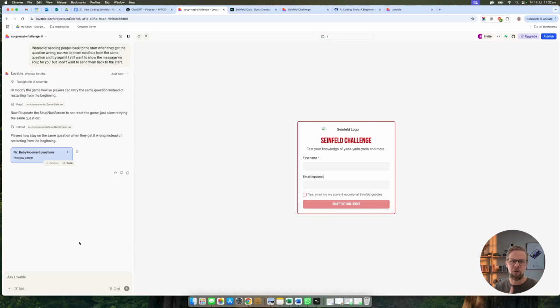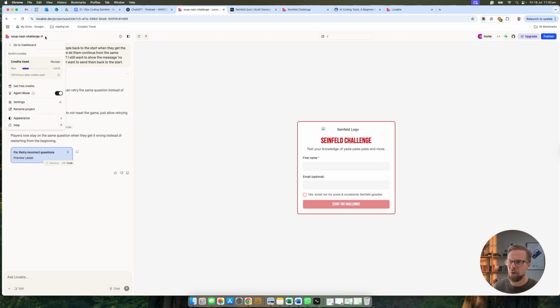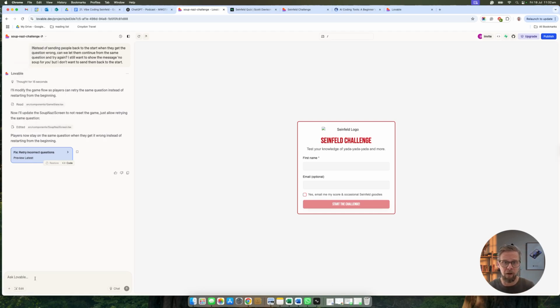So any of those sort of little usability fixes can be fixed pretty quickly just using Lovable. And let's check in on my tokens. I'm now at 1.2. So you can see you can actually get quite a bit done with 5 tokens on the free version. I'll be able to make quite a few updates to this demo now. In fact, I'm going to do that today. So I'm going to add in a few more things.